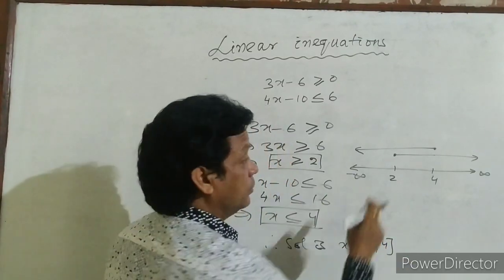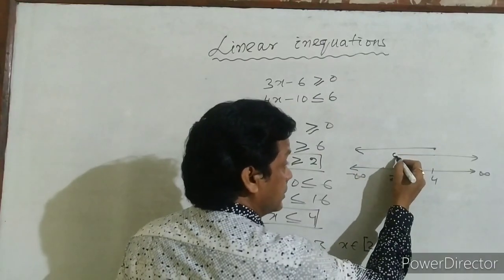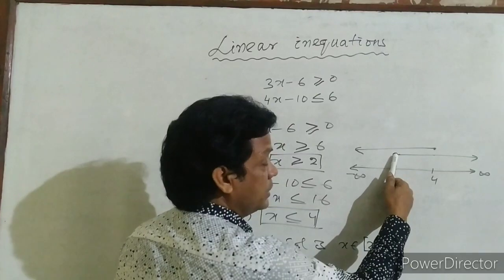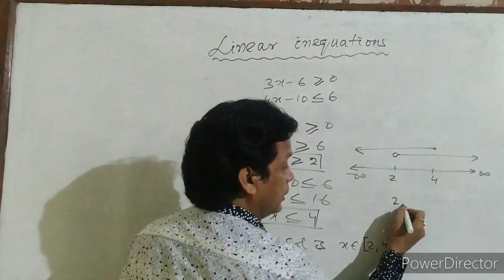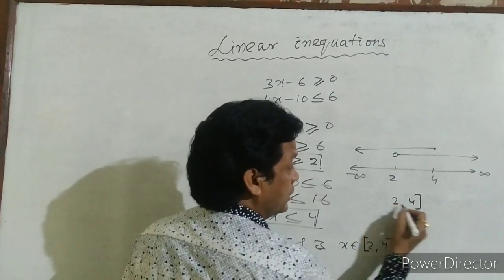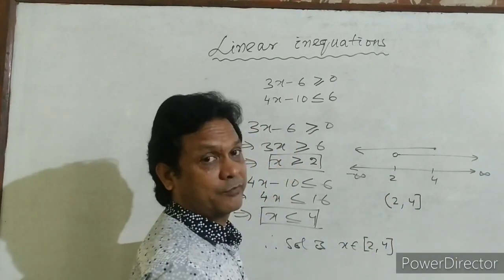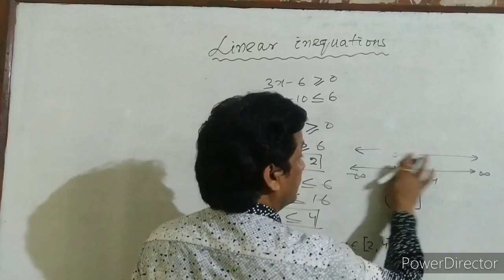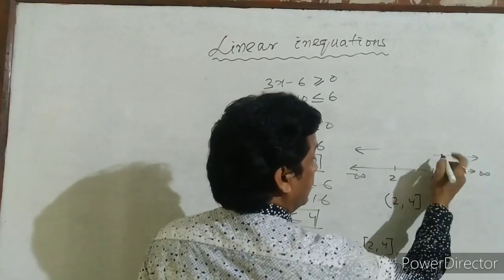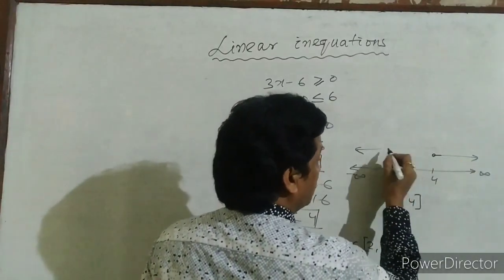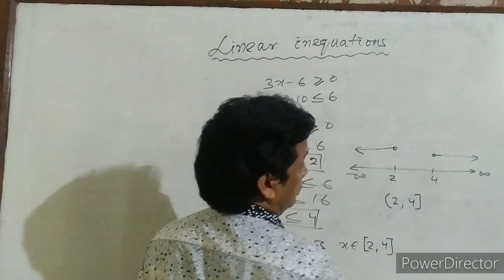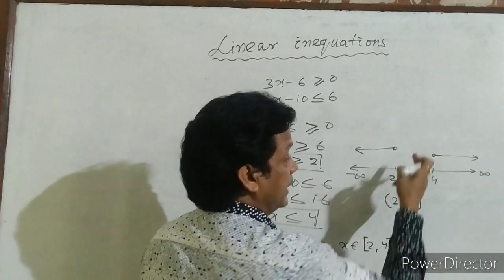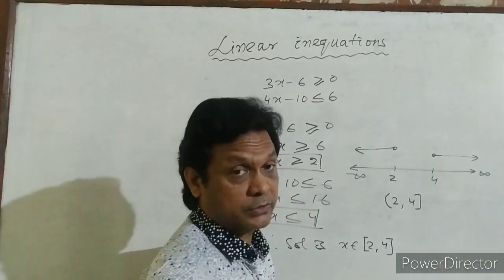For example, if this one will be like this, that means in this case 2 is included, but here 2 is not included. In that case, the solution will be half open: this end closed, this end open. And for example, if the cases will be like this, one moves to this side and the other moves towards the left, then the two lines never intersect. So in that case, the given system has no solution.